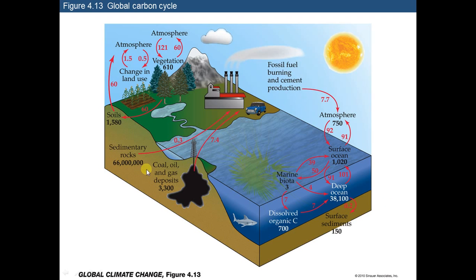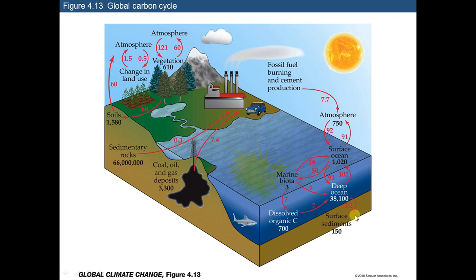And what really stands out is sedimentary rocks. There's 66 million gigatons of carbon in the sedimentary rocks. And one form of sedimentary rock is limestone. The next closest